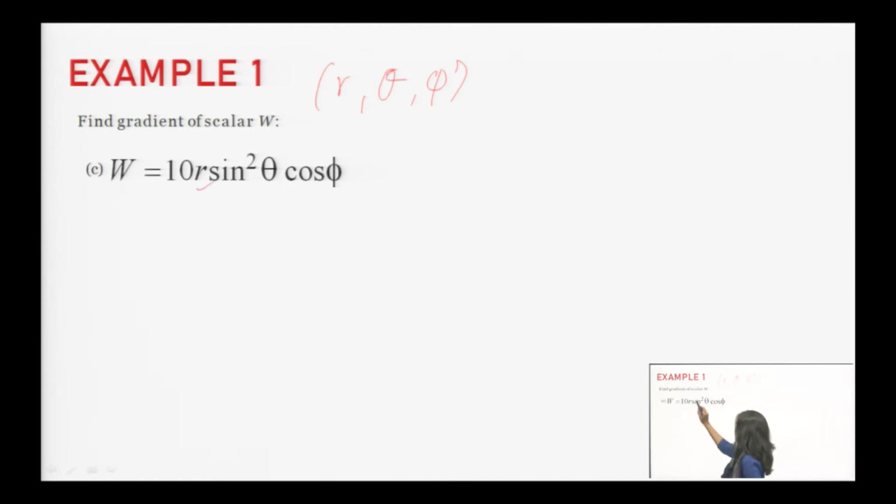Now here r, theta and phi are given, so we need to apply the gradient formula in spherical coordinates. The gradient formula in spherical coordinates, del w, will be expressed as